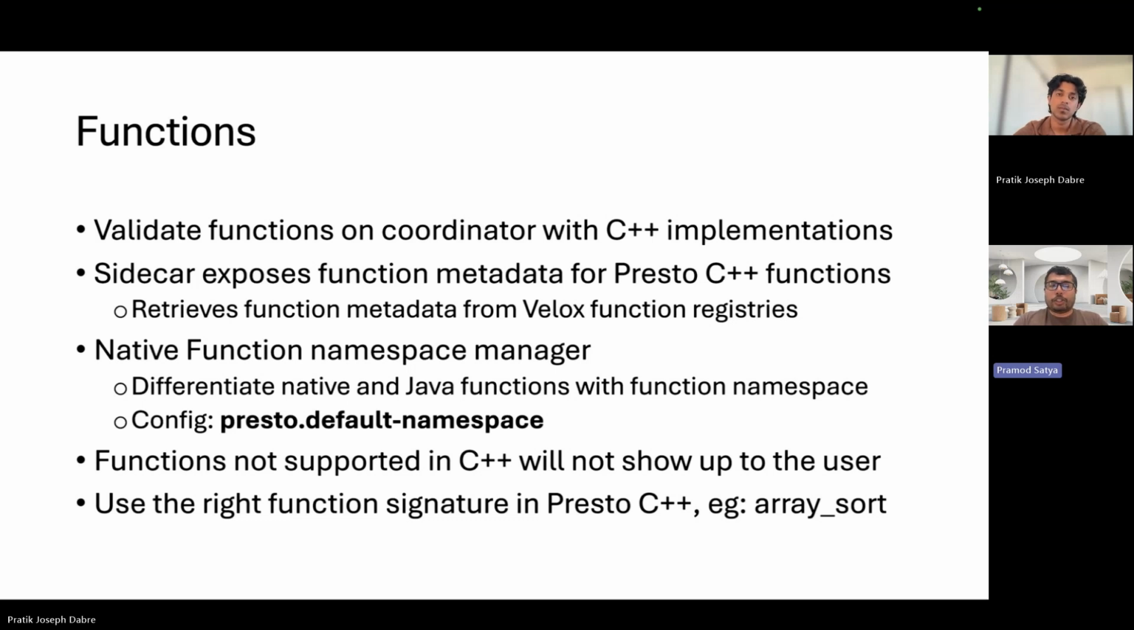functions. In order to differentiate between the native and Java functions, we use different function namespaces for both of these. The Java built-in functions are registered under the namespace presto.default, and for the C++ functions, we use the namespace native.default. However, this function namespace can be configured using the property presto.default-namespace. And you should make sure that when you're setting it, you set it consistently on all of the workers and